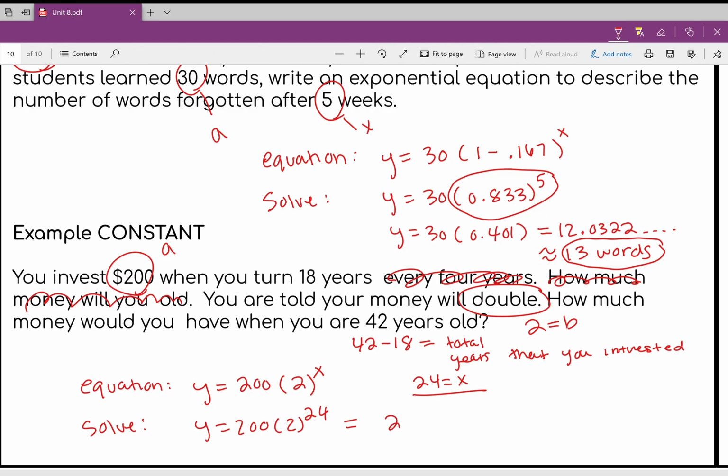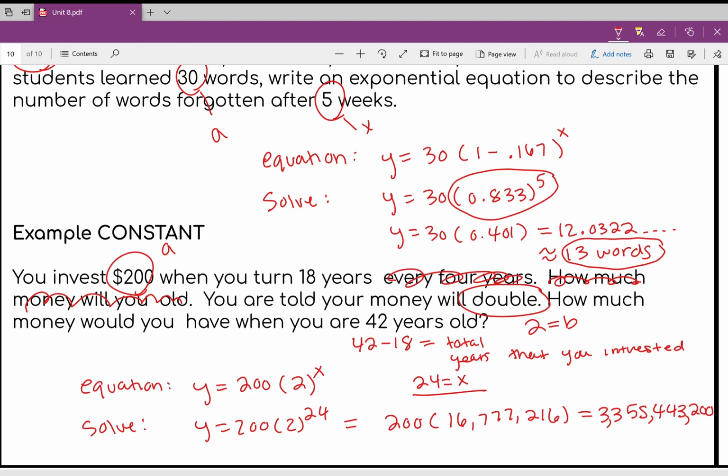So this is 200 times 16,777,216, which is equal to 3,355,443,200. Okay, so obviously this problem is made up